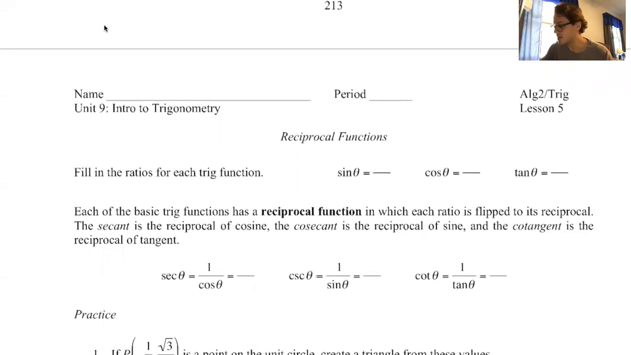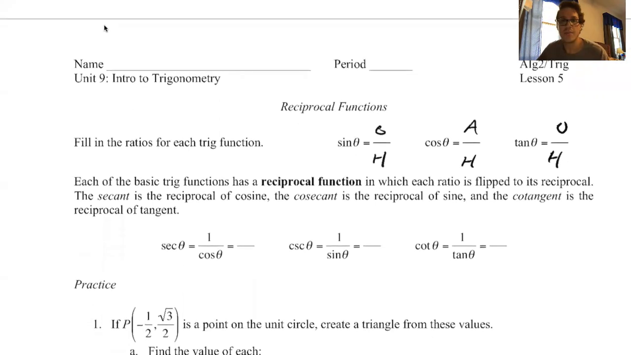So to get into these, let's just remind ourselves first of the ratios for each trig function from SOHCAHTOA. We know that sine of theta is always opposite over hypotenuse. The cosine of theta is adjacent side over the hypotenuse, and the tangent of theta is always the opposite over the adjacent. Each of our basic trig functions, sine, cosine, and tangent, also has a reciprocal function that it's paired